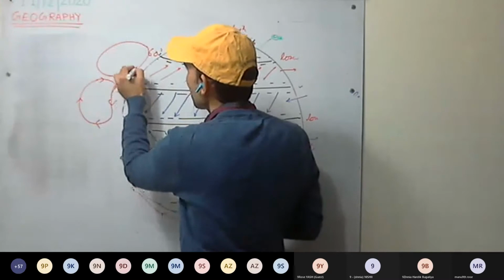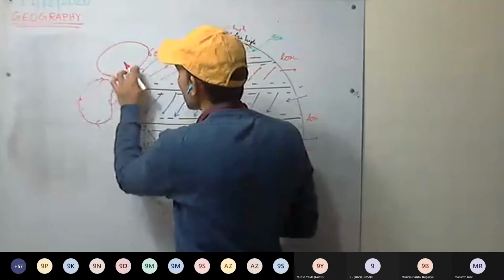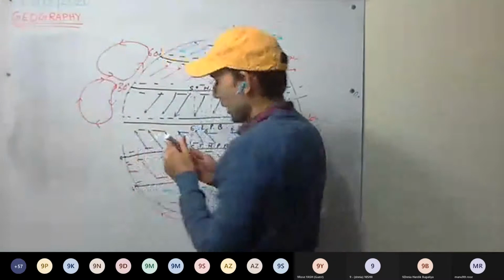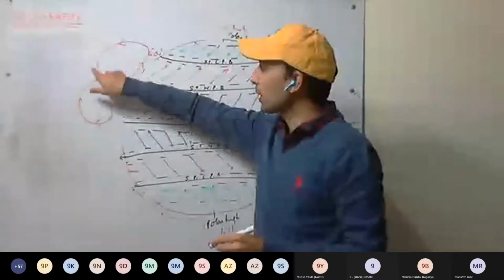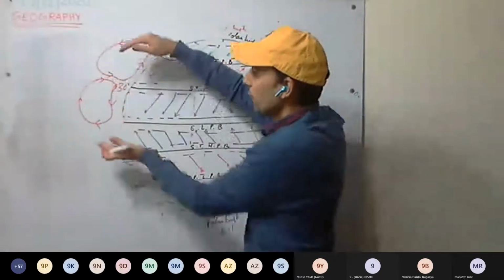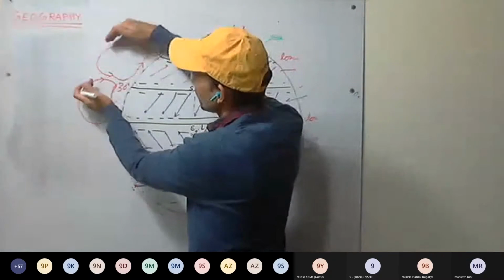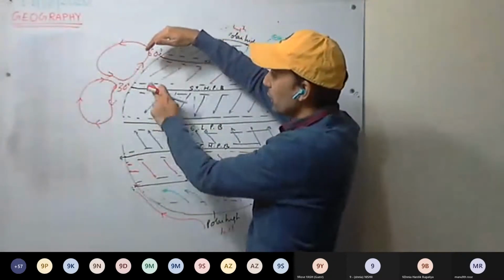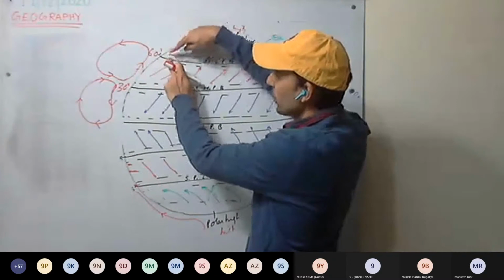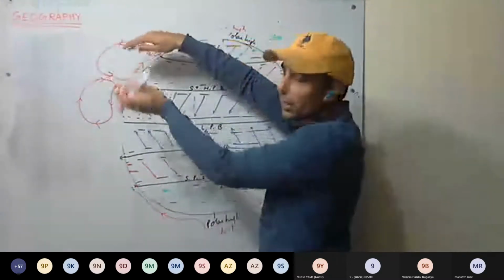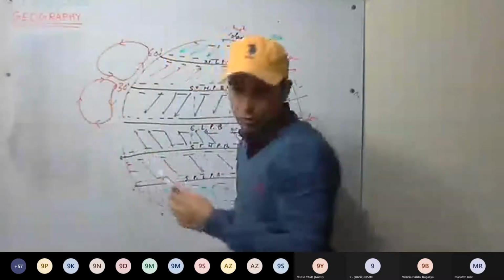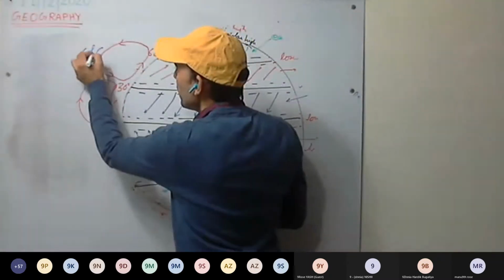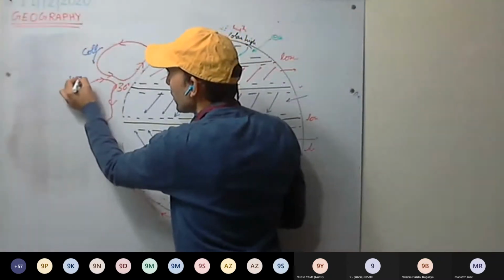First we are discussing the subtropical jet stream. Now see here, in the upper atmosphere, what is happening? We have warm wind and cold wind. Wind blowing from the equator will be warm as compared to the wind flowing from the polar regions. This is cold and this is warm wind.